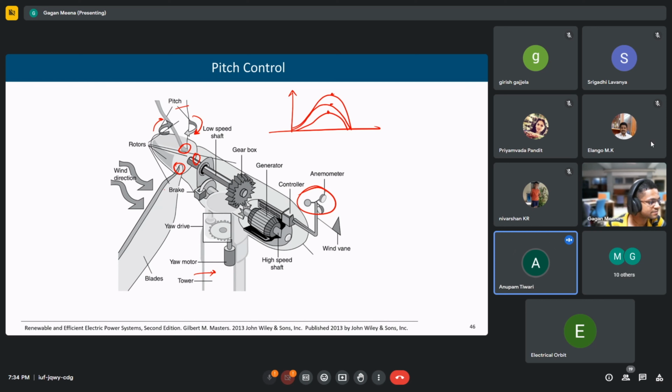You want to say that whatever may be the wind speed, even 100 to 200, the speed of the three blades is constant in this? Yes, the speed is not constant. It's a variable speed drive. Speed is changing, but whatever the speed may be, for each speed there is a different curve. Similar to solar, whatever may be the irradiance, even if the irradiance is low, we want to extract the maximum power available at that particular irradiance. Similarly, whatever may be the wind speed, we want to extract the maximum power at that particular wind speed. So for that, pitch control is used.